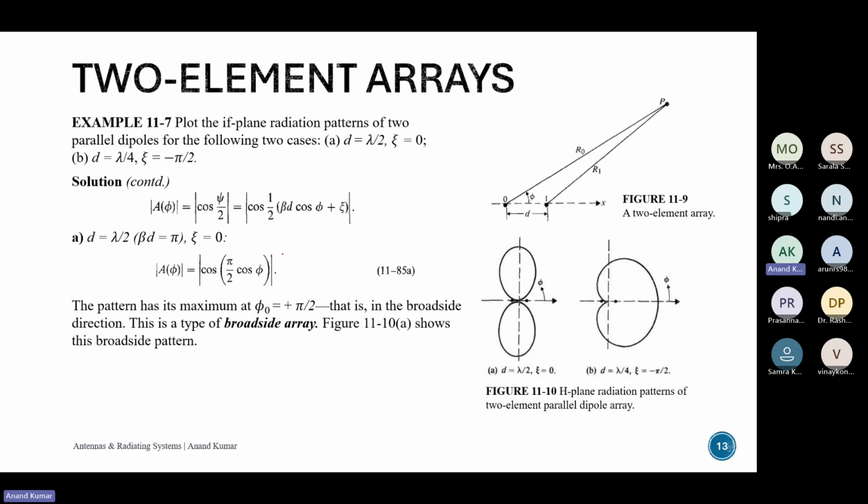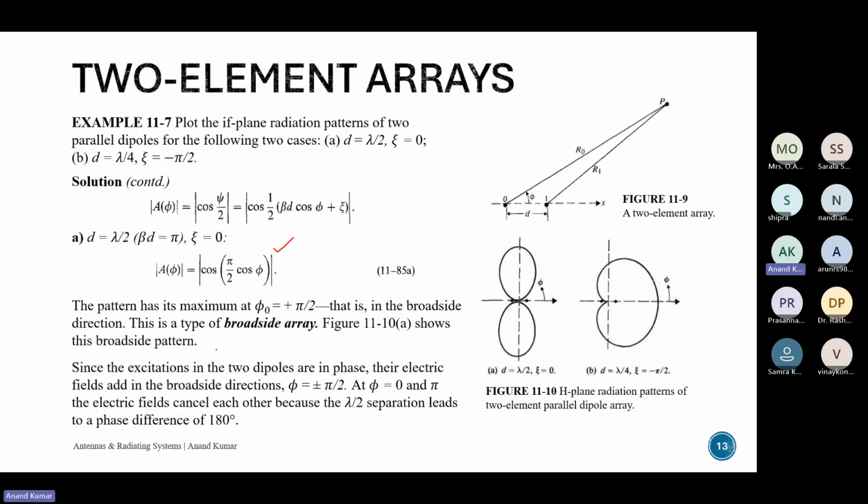Yeah. So this was the pattern, and is what you achieve. And since the excitation in the two dipoles are in phase, the electric field adds in the broadside direction. So what we're trying to say is the individual patterns, for example, in this direction, like the elements were radiating. So each of them had a pattern looking like this,